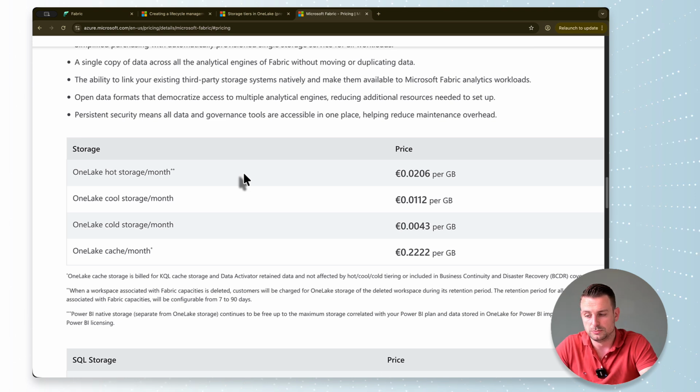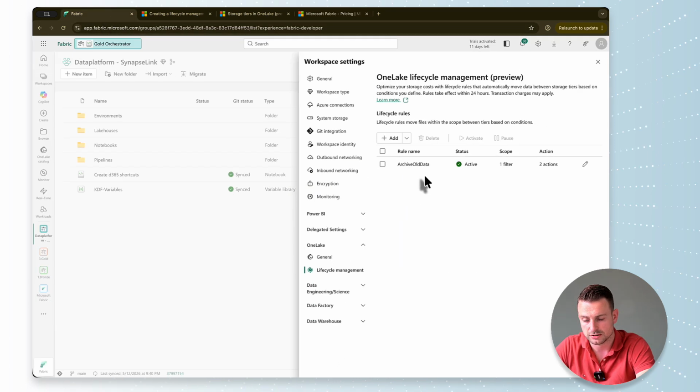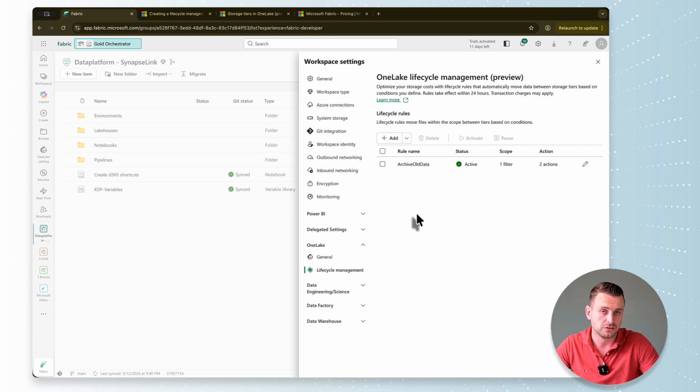I think we should always be enabling the storage tiers and the lifecycle management on all of our workspaces like so. And depending on your use case, you will pick the number of days after which you want to move to cool and then to cold storage. I think with most of my customers, I will be picking 7 days for cool storage and then 14 days or maybe